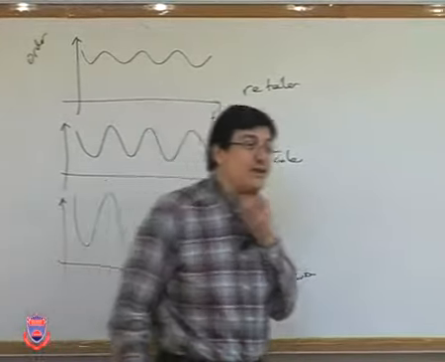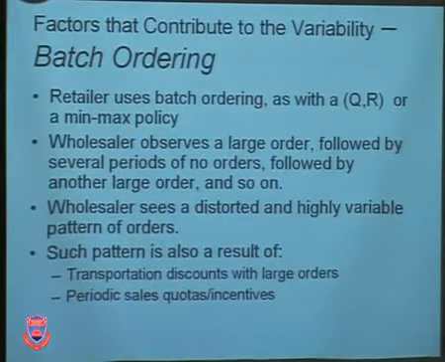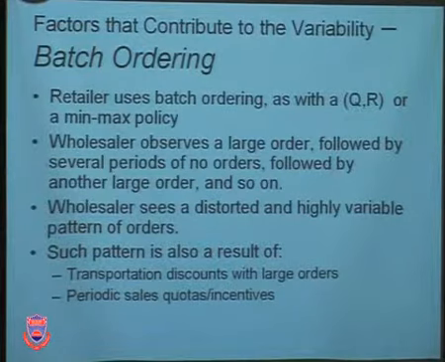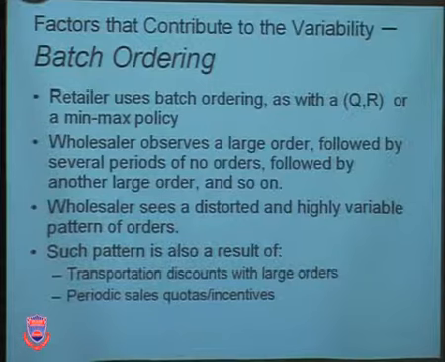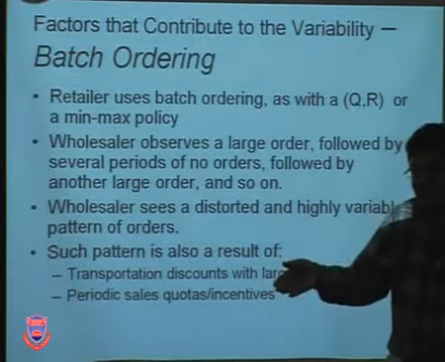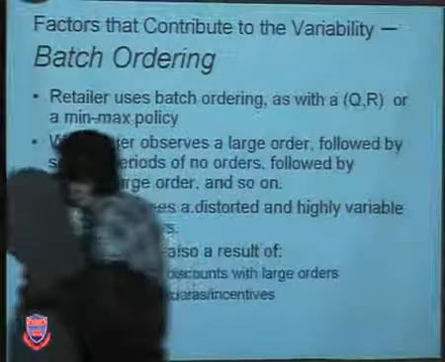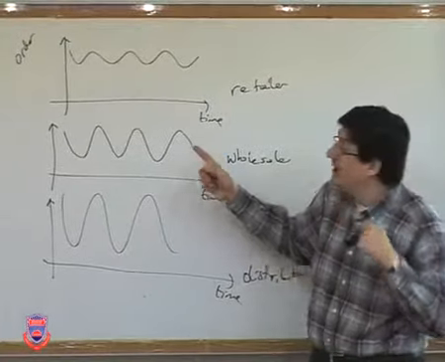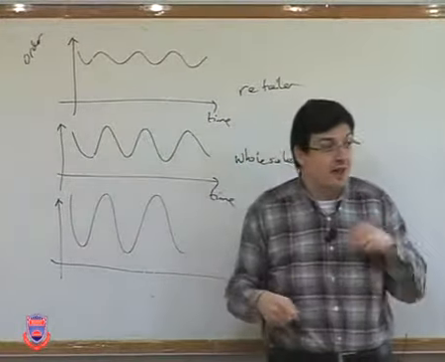Then we have the batch ordering problem. I already gave you that hint when I was describing. Okay? When you are ordering in batches, unfortunately what you do is you accumulate certain demand. It means that you wait for the demand to come to a certain level and then give an order. Okay? Now this is also changing the way that your upper echelon is seeing the demand. Why? Because if you basically order every time that a customer comes,